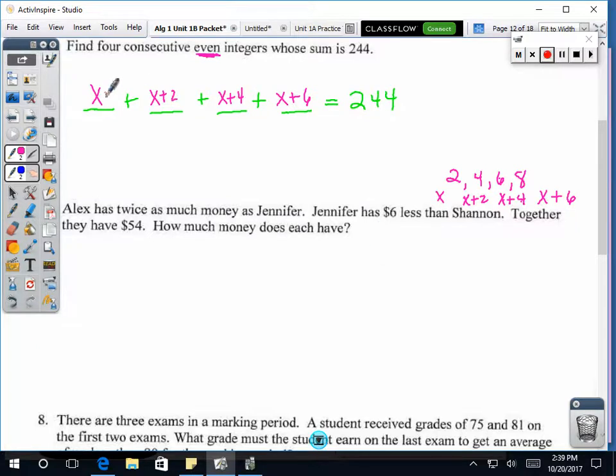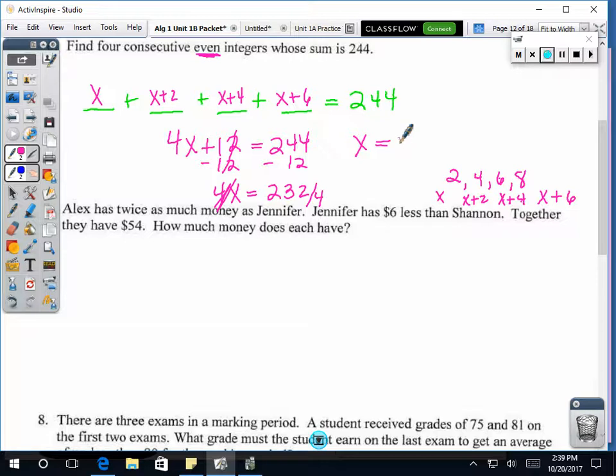Okay, so now look. I have x plus x plus x plus x, which is 4x. I have 2 plus 4 plus 6, which is 12, and then that sums up to 244. So now I subtract 12 on both sides. Then I divide by 4 on both sides to cancel it out, and so x equals what? So if x, which is the smallest number, is 58,